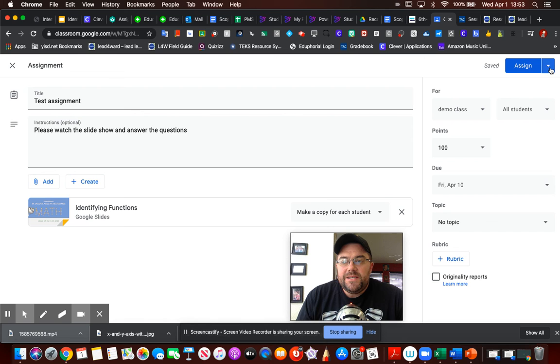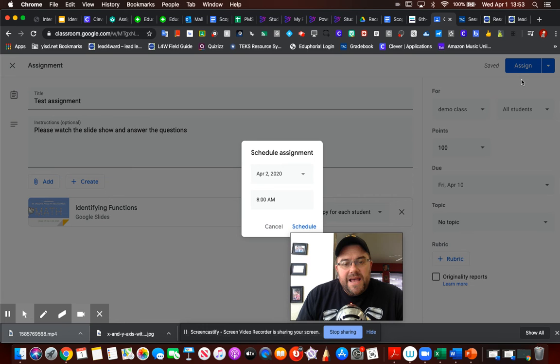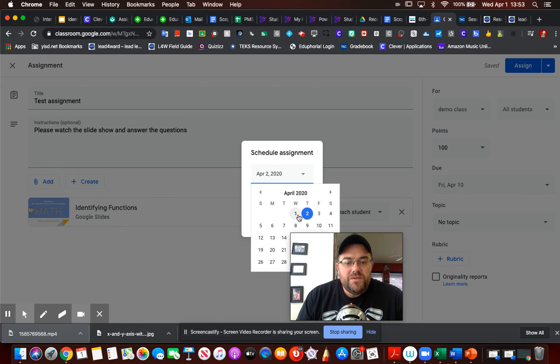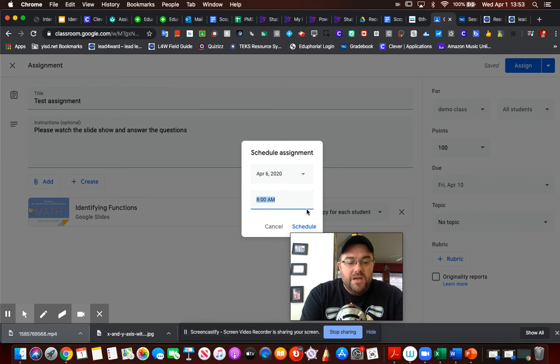What you want to do is click this little arrow right here, right next to the word assign, and you're going to see the word schedule right there. When you click on that, now you can decide when it's going to be posted. Today's the 1st. If I don't want this to be posted until Monday morning, I'm going to click on Monday. And if I want it to post at 8 a.m., it's going to post at 8 a.m. If I want to change it to 10 a.m., then it's going to post whenever I want it to be posted. Okay. And then I'm going to click schedule,